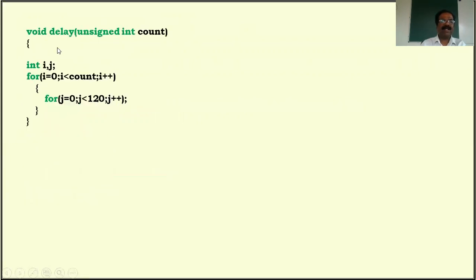Next, a delay, because we need some delay in this case, since we are talking about a square waveform. Somebody has to decide the on time as well as the off time. If T on equals T off, that is called a square wave. If T on is not equal to T off, it's not a square wave. It's asymmetrical, not symmetric. In this case, we have to make it high for some time, then low for some time. Here we decide the on time and off time duration, therefore we have to go for a delay. It is nothing but a for loop. I already explained this delay program many times.